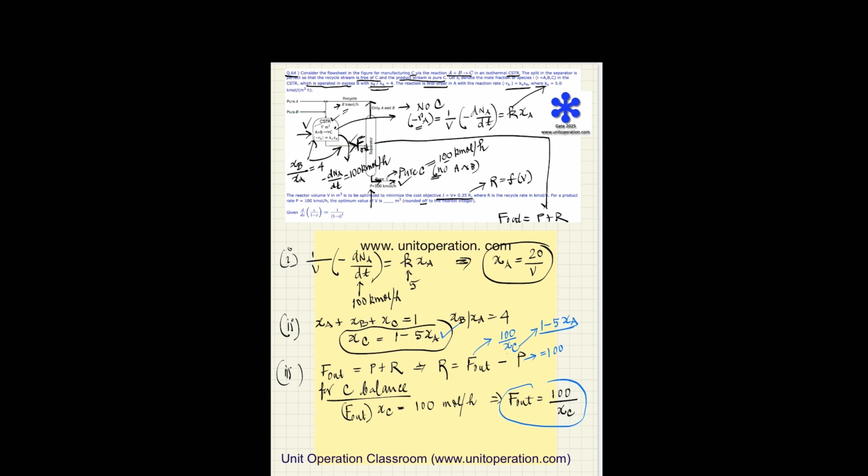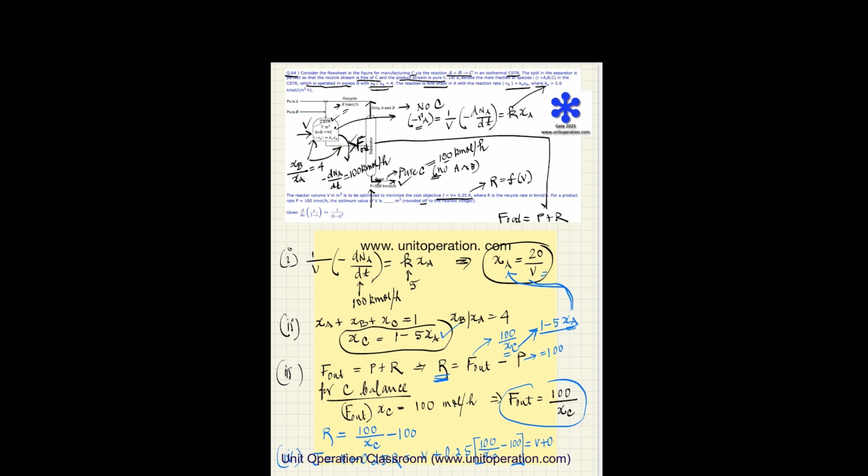So instead of XC, we put 1 minus 5 XA, and in terms of XA, we put 20 over V. So we get R first in terms of XC, then in terms of XA, and then in terms of V. R is 100 by XC minus 100. The last stage is easy. We know the cost function J is equal to V plus 0.25 R, which is 100 over XC minus 100, and substituting for XC and XA, this comes to be equal to